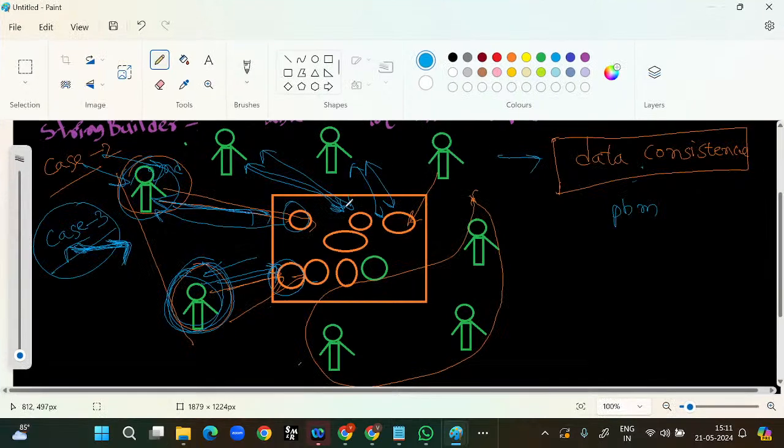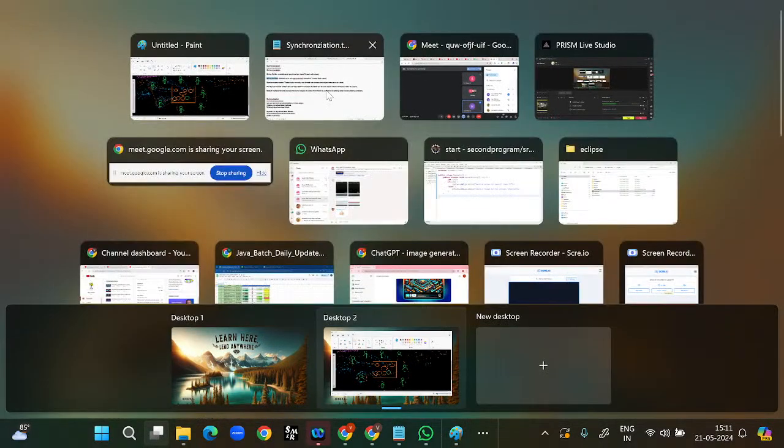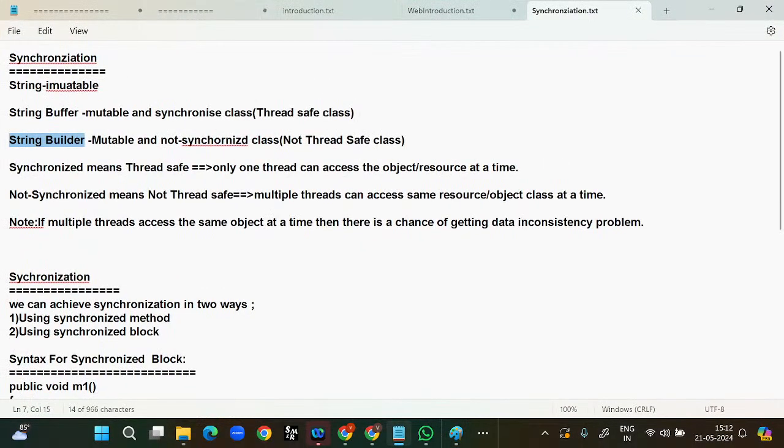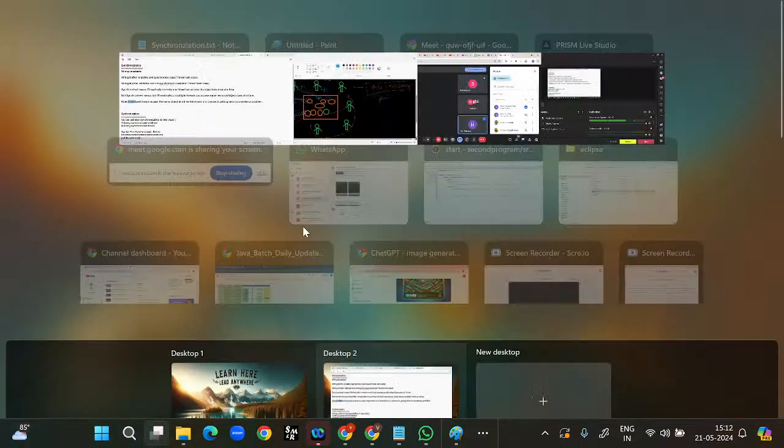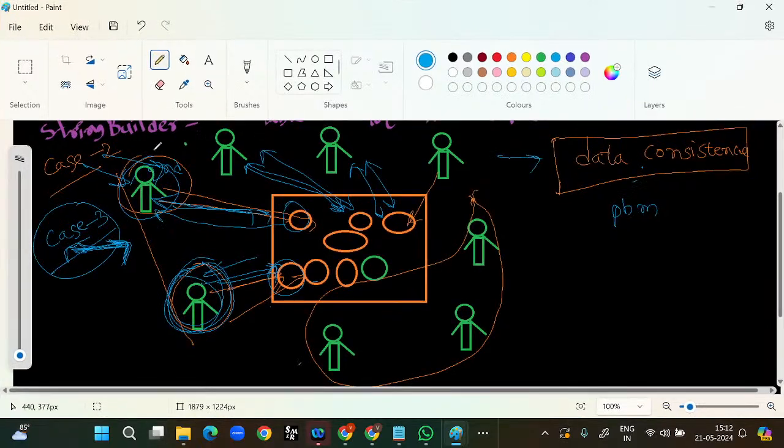Not synchronized meaning multiple threads can access. So if you observe the note point, if multiple threads access the same object at a time, then there is a chance of getting the data inconsistency problem. If you observe in case number 2, I gave permission to all of the students,